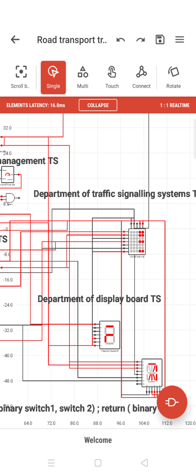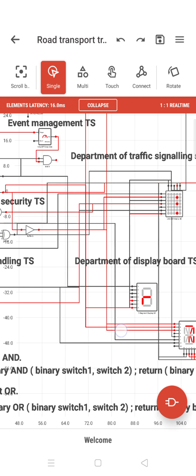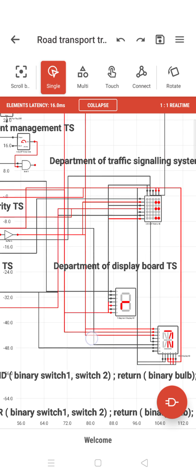Okay, so that is the signaling. What kind of signaling you want to use, and those. Department of display board. Display board is like when you have the signaling, you want to instruct a guy to, oh, take the I-520 route. You take the I-5. This road is under repair. Those kinds of things are department of display board.